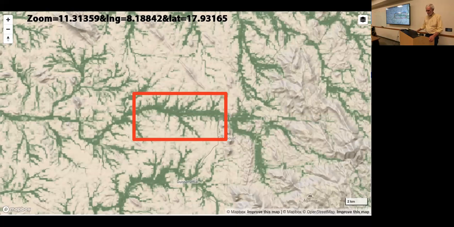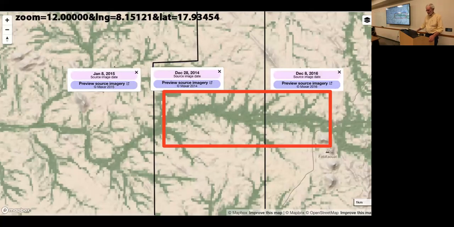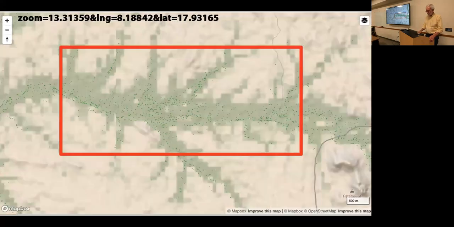Now we go to a zoom factor of 12. And now we see that in this particular area, there were 3 different images which were processed to make contiguous data across here. And they were from January, December, and December. Let's zoom into the red area here. Now you see and start to make the transition between raster representations of data and the polygonal representations of data. So let's go on farther.